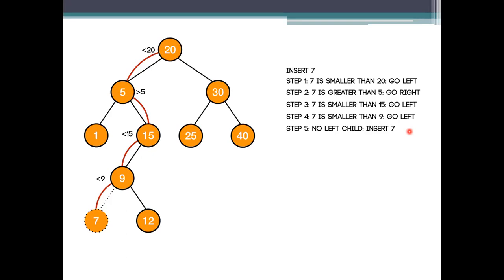Equal to happens to avoid the node being added for processing. If it is less than the root node, add it to the left subtree. If it is greater than the root node, add it to the right subtree. Then next, if it is less than at the left subtree, go for the left of the left subtree, or the right of that right subtree. Like that we need to process.